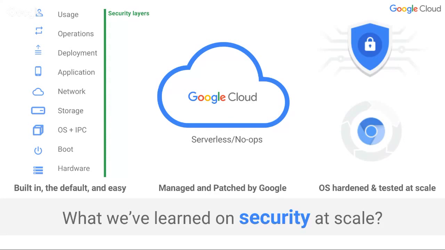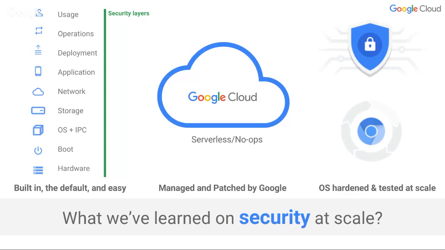If security is thought of as red tape, people will circumvent it or refuse to update their system. So we've learned a lot by having these very large applications in the world and how to protect them. And we have security experts at every one of these layers, designing systems to thwart enemies and protect our workforce, our users, and our applications.